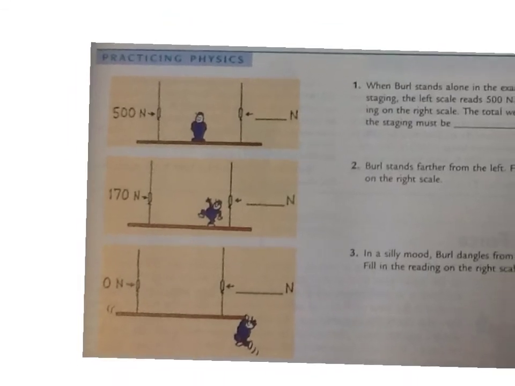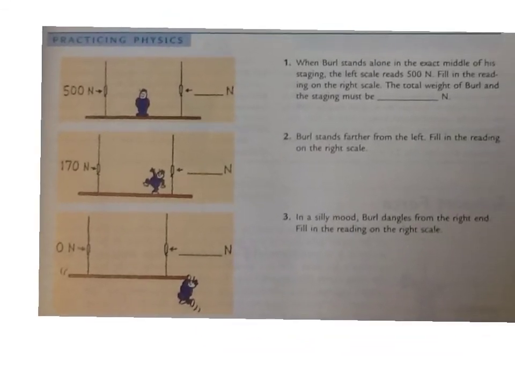Because he's standing directly in the middle and it's not moving, it's in mechanical equilibrium, we've got to assume that this side also reads 500 newtons of force. Now since the sum of the upward tensions is 1,000 newtons, the total weight of Burl and the scaffold together must also be